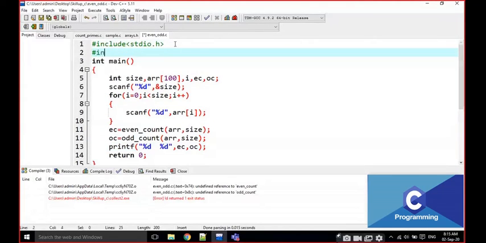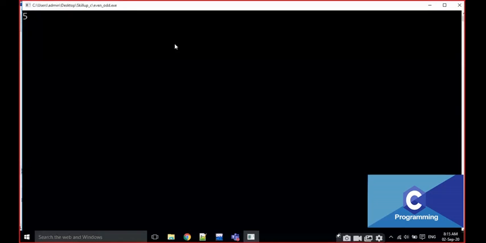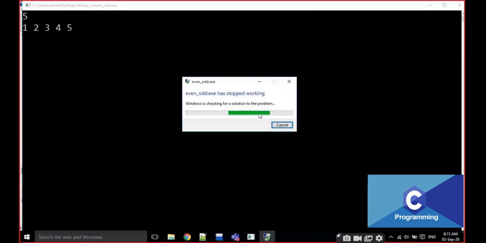I am going to write hash include array dot h. I'm going to execute it. There are no errors. For example, if I give 5 here, 1, 2, 3, 4, and 5, the output, sorry, something is missing.